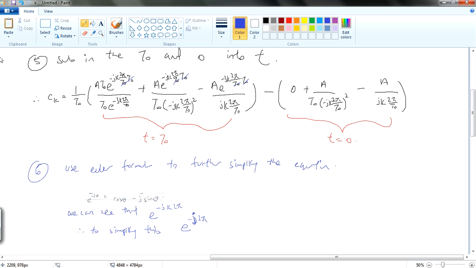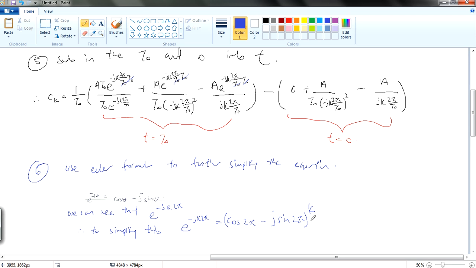Damn it. e minus j 2 pi is equal to cosine 2 pi minus j sine 2 pi. Okay, and then we have jk 2 pi